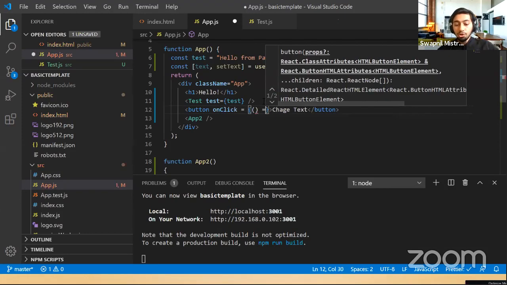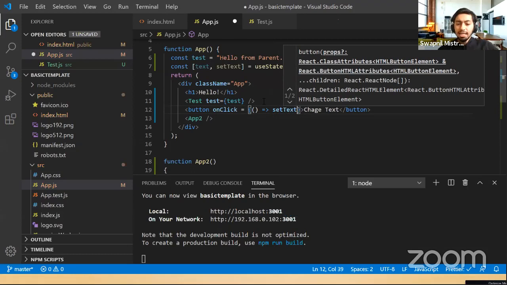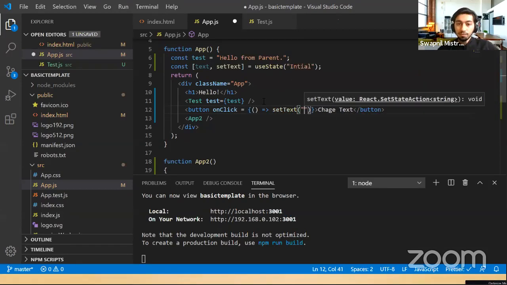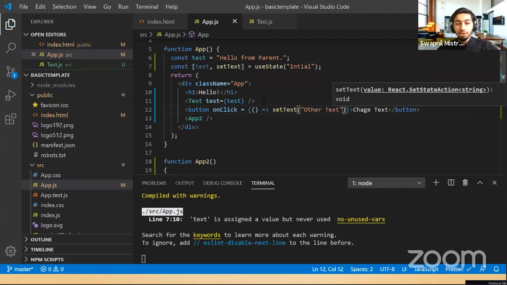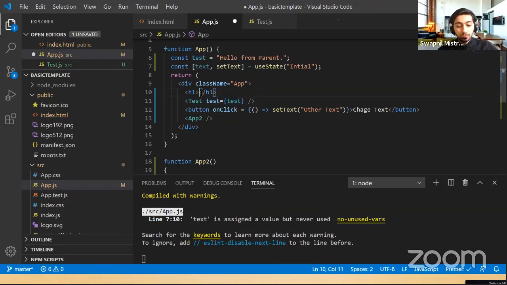So on click, what I need to do is set this text to some other text. So let's say this is the value which I want, and what I believe is I should just change this to text. Sorry for that. Yeah. So now if you take a look over here,